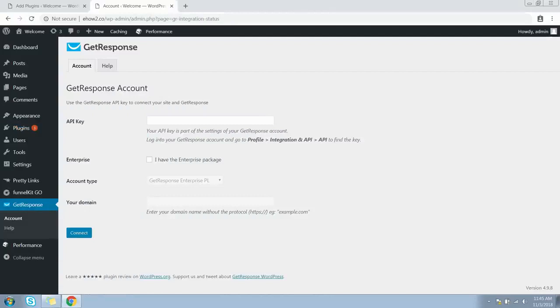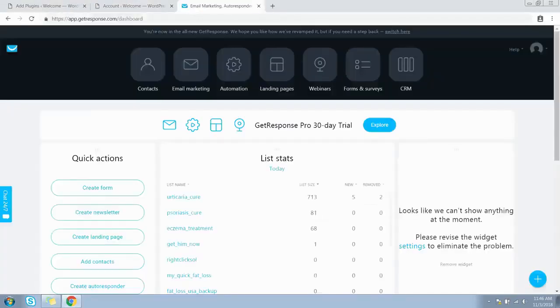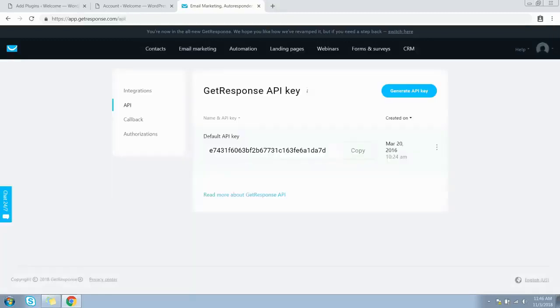In order to connect GetResponse with WordPress, we'll need the API key from the GetResponse. So let's go to my GetResponse account. Just go to the profile and click on integrations and API. Click on the API link on the left hand side.